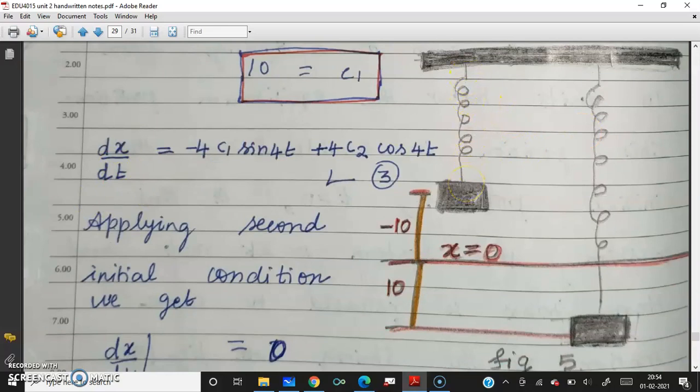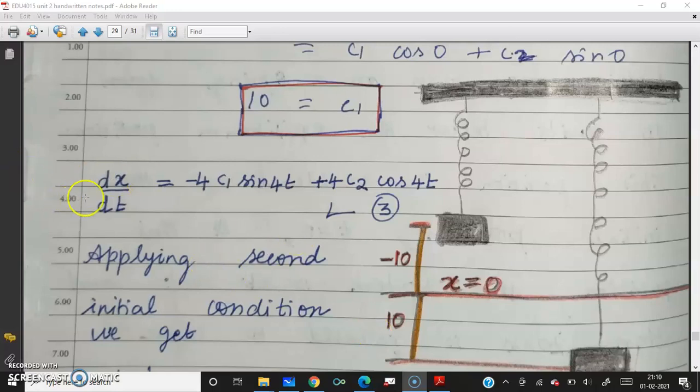And you can see the figure, that is the spring. This is a spring and it has gone down. Sorry, x equal to 0 is the equilibrium position. Can you see the x equal to 0? This is the equilibrium position, and when it goes down 10, below the equilibrium position, and when it goes up, that is minus 10, the upward direction is minus 10. Then it comes back to the equilibrium position, then 10 it goes down, then it comes back to the equilibrium position, minus 10 it goes upwards. So, up and down motion of the spring. That is how we got this as 10.